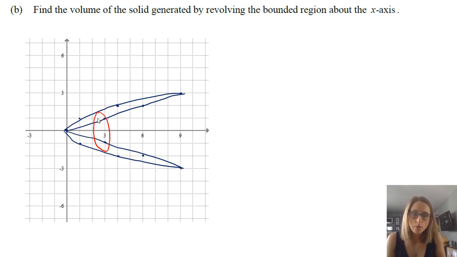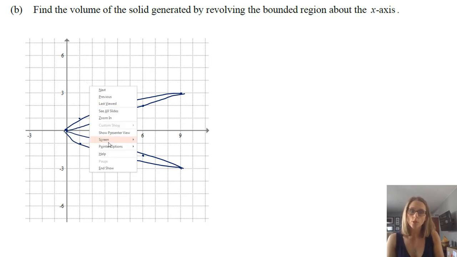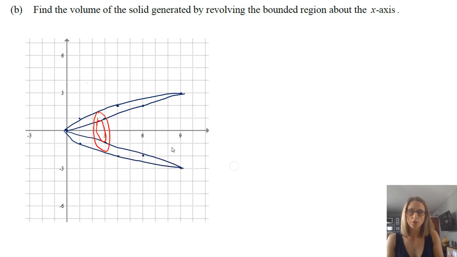And, you know, so it's that idea. Picture's not great, but there we go. So a bunch of those. So it's still the washer method, but now what I want you to see is now we're looking at it in terms of integrating. So here, 0, 0, and up here, of course, we have 9, 3, but now we're integrating with respect to x.